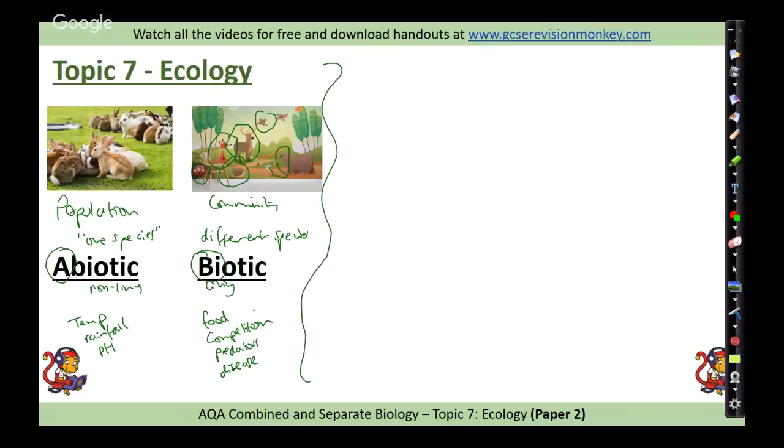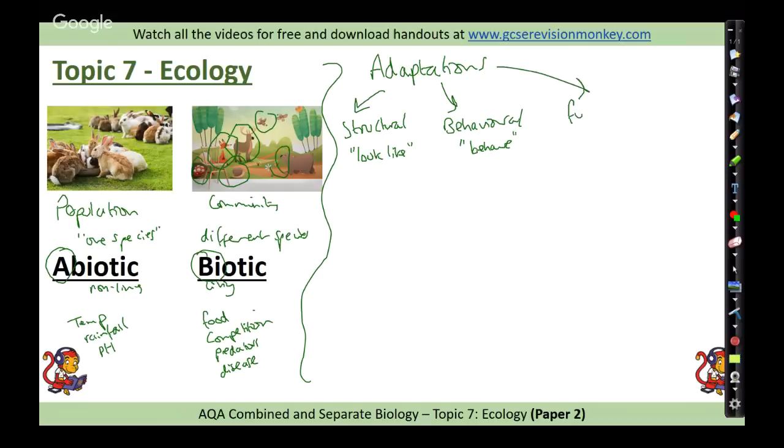A really common question is for an examiner to ask you how animals or plants are adapted. And there are three different main types of adaptations that you need to be aware of. Those are structural adaptations. That's what the animal or plant actually looks like. There are behavioural adaptations, which is how do they behave? For example, do they live a solitary life on their own, or do they go around in groups? How do they behave with each other and with other animals? What are they dependent on? Things like that. And also functional